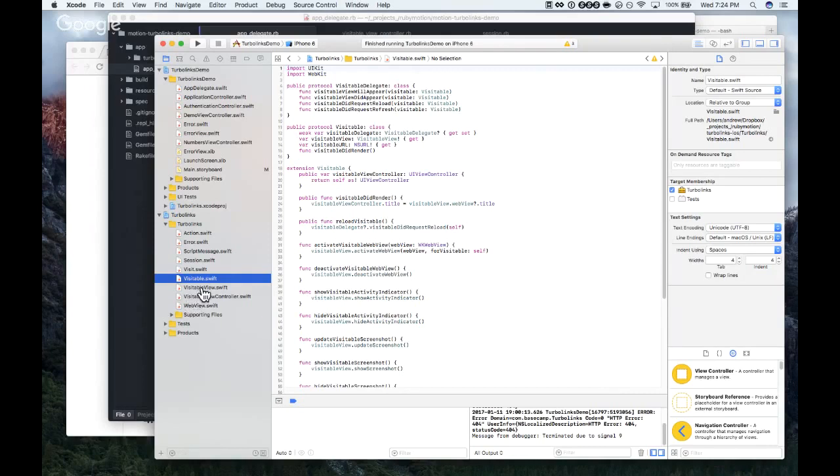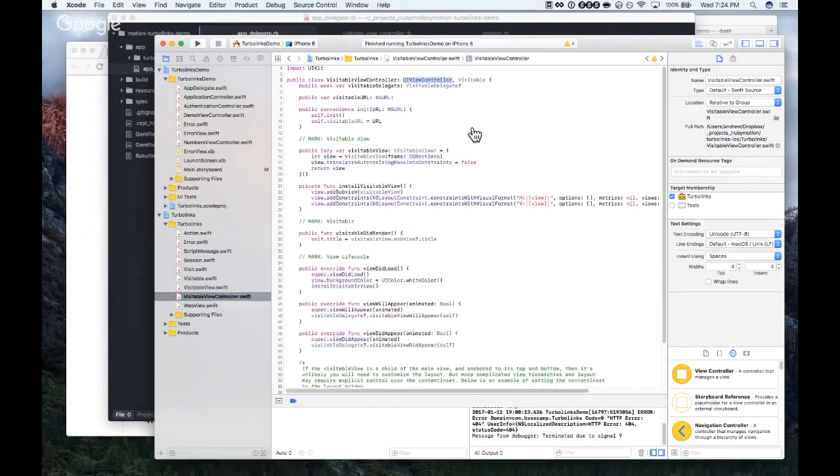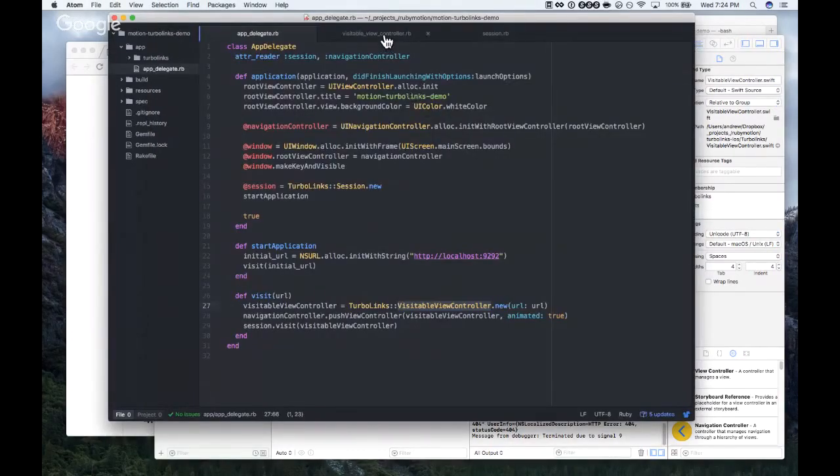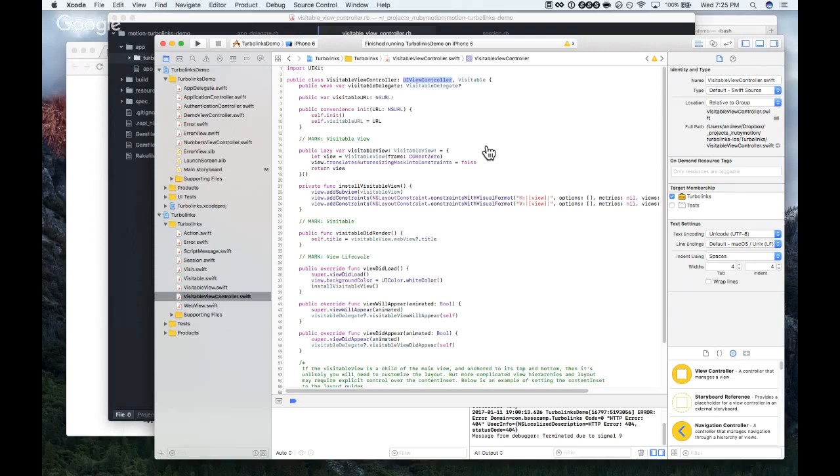So we can just subclass visitable view controller by extending UI view controller. Now, since we're subclassing UI view controller, this might make it a little tricky because we're not using a default. This is where I think we need to find what the standard initializer for UI view controller is, and that's the one we have to subclass or override.